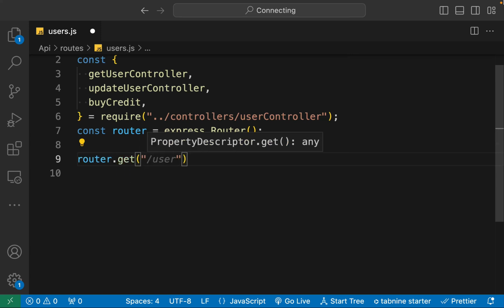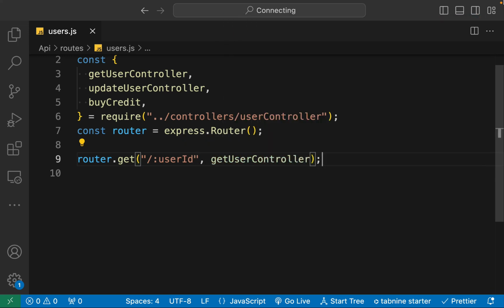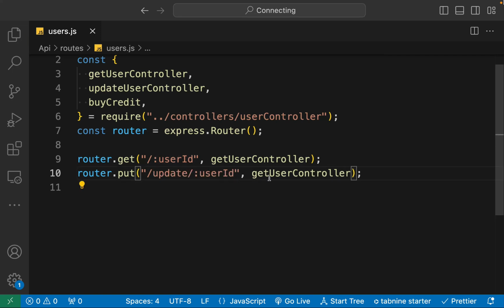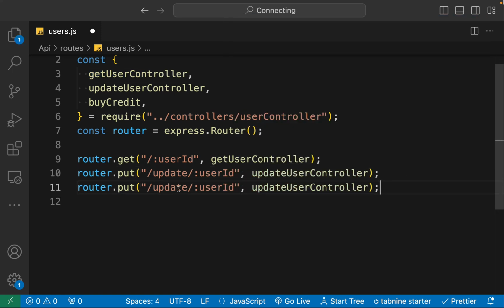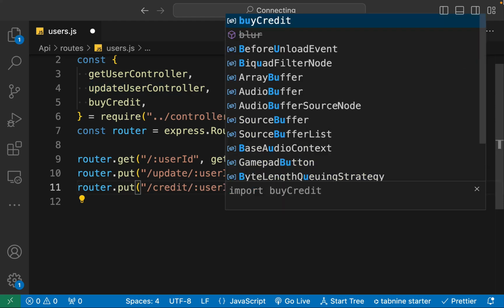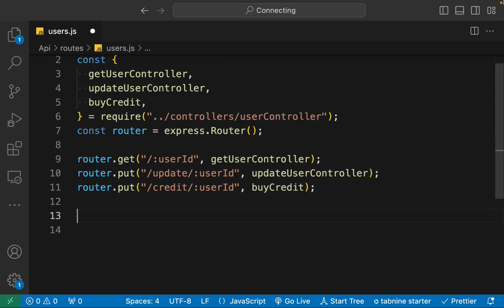So we'll say user ID, and we have to simply call the get user controller. Now replicate this one. This will be the put for updating, and this will say update. It will have the user ID, and we'll say update user, and this is also going to be an update one. This will be credit, and this will say buy credit. We got all of that. Now we have to simply export the router,